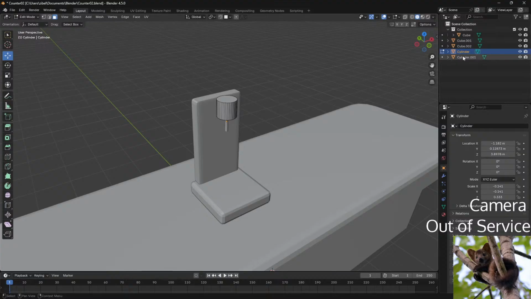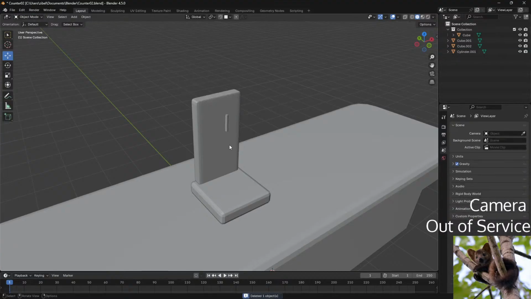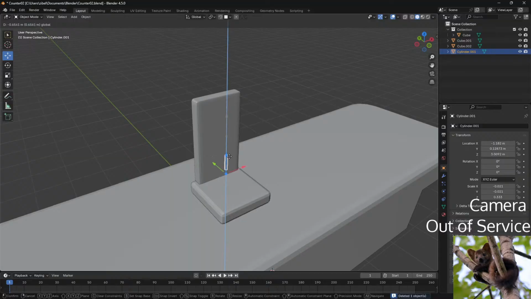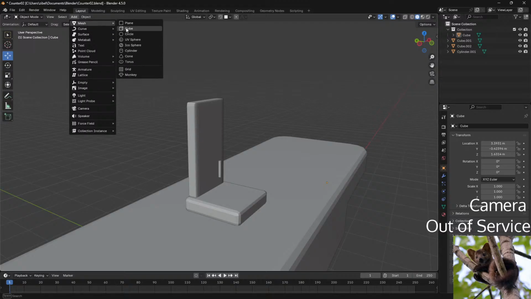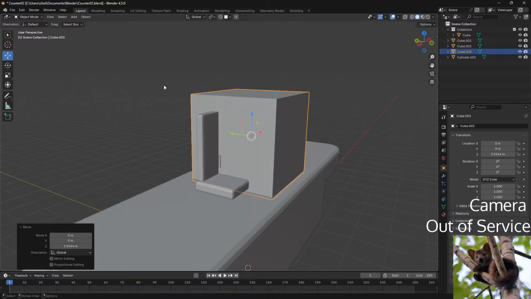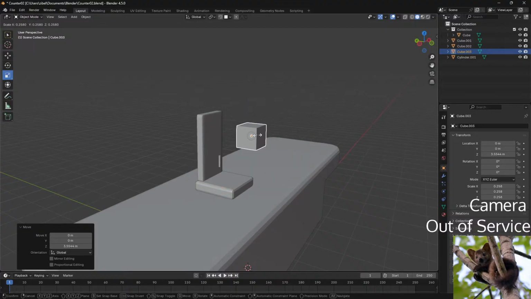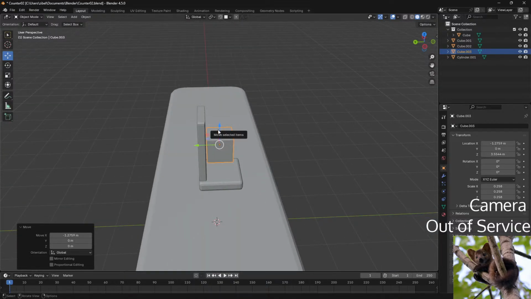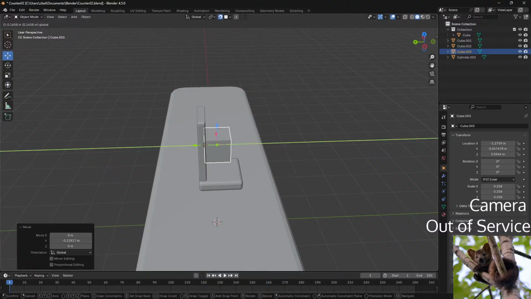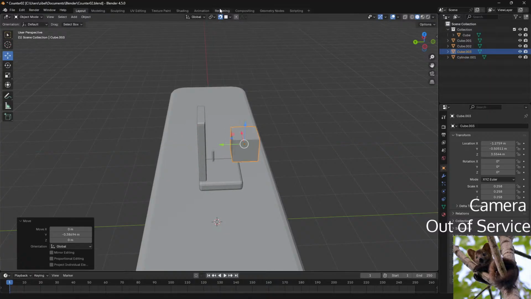So eventually I could replace that with a cube instead. I got a cube. Something way simpler. Move it. It's fine. And maybe snap. Okay, maybe not.